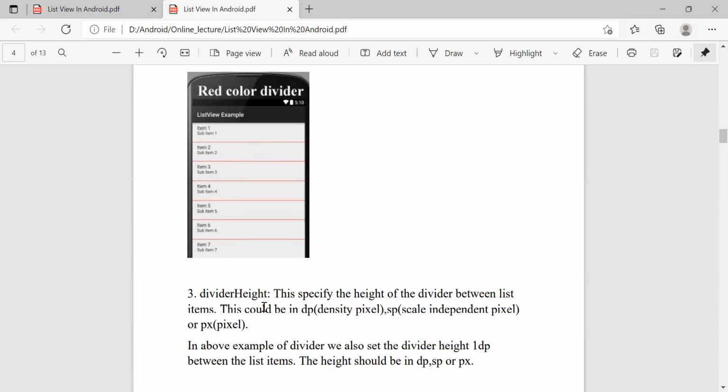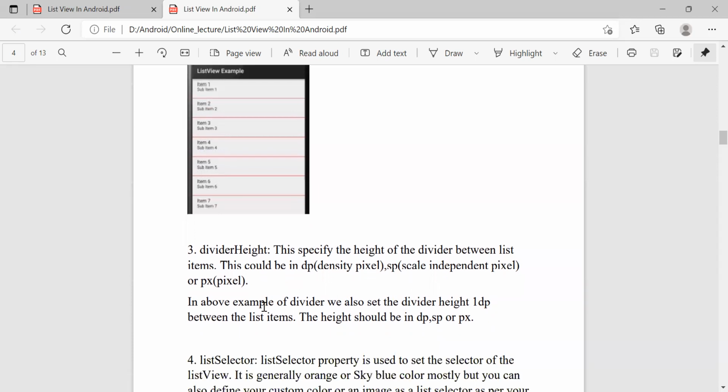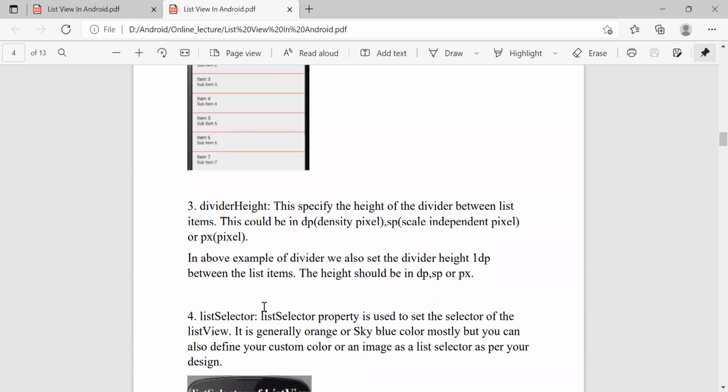Generally, whenever we use the font, at that time we use sp, otherwise we use dp. And pixel we are not using mostly. It is generally used in HTML. It will give us an output, but in Android we most prefer dp and sp. So in our example we also set the divider height 1 dp between the list items. So I'm not writing it again.